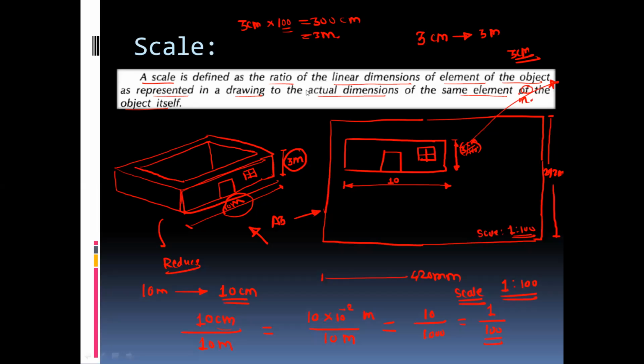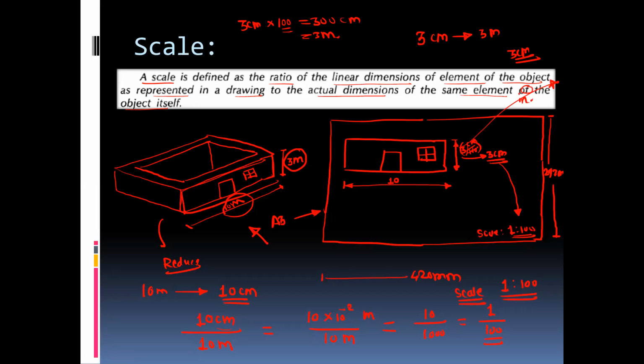So the use of the scale is, if any of the dimension in the drawing sheet is missing, then we can measure that dimension or measure that length by using a scale. Suppose here this height is missing in the front view, and we can measure by using a scale. And if this is 3 centimeter, but 3 centimeter cannot be the actual height of the building, so we need to refer this scale.